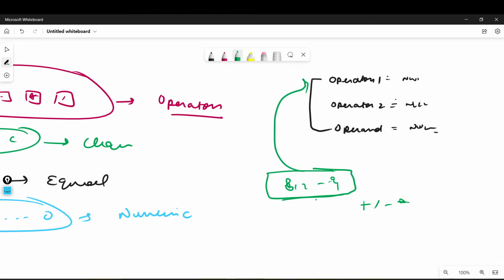Please give your 100% attention over there, because this is a slightly tricky part. So I am saying if you are entering any number, let the user enter that, let the browser show that in the display area. And as soon as you click on any operator, plus, minus, multiply, divide, whatever value was there in the display area, please take out that value and put that into operand 1. Why operand 1? Because if I've pressed plus, minus, anything, that means our operand 1 is now set. Now we want to give the operator.